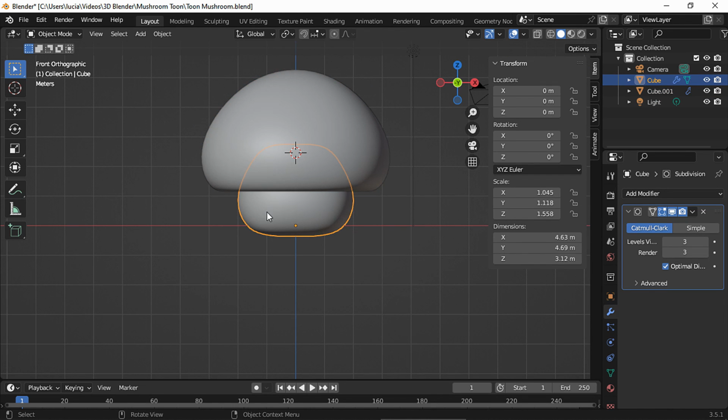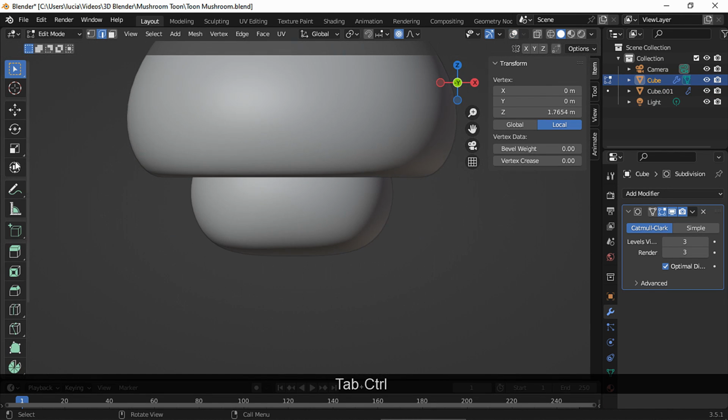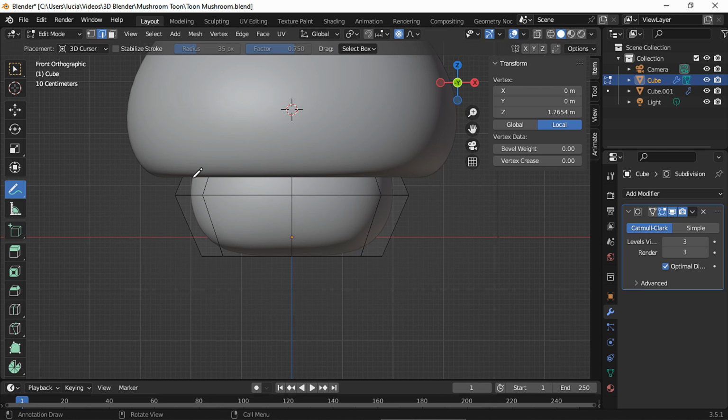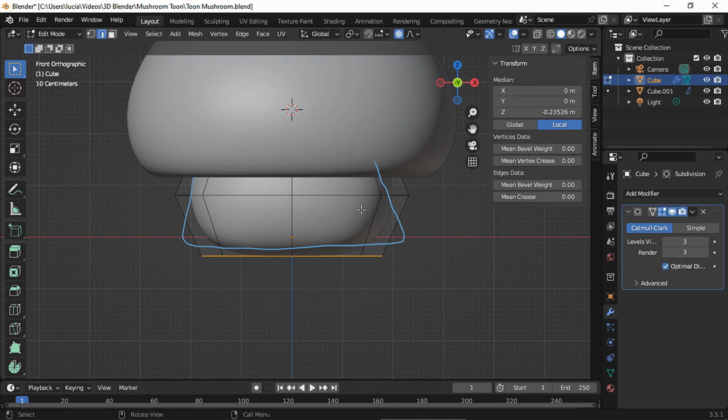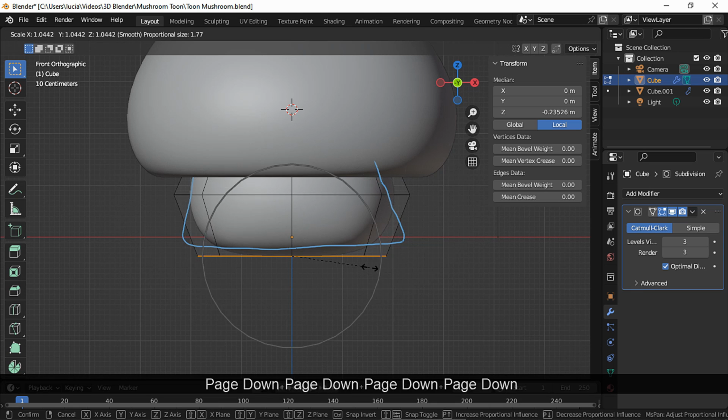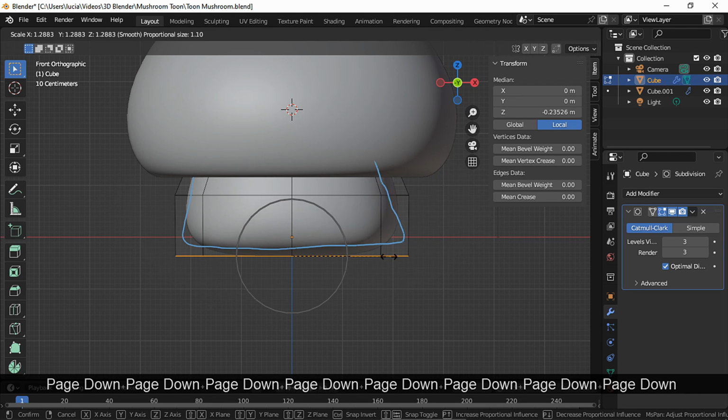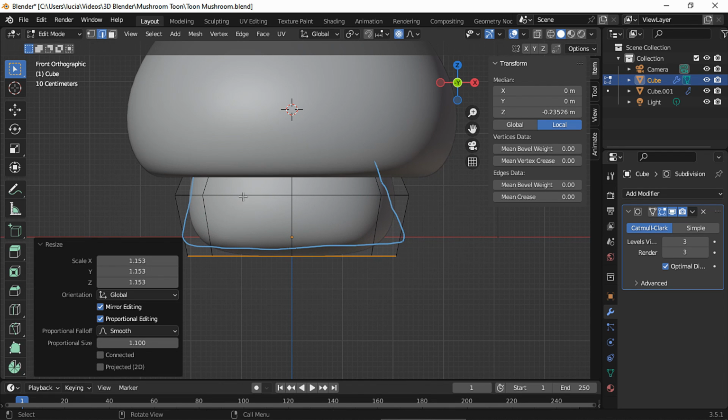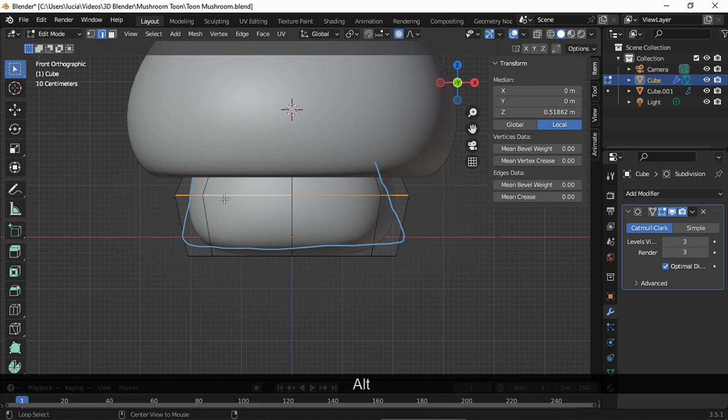You could leave the shape as it is and skip to the next chapter, but I'm gonna make some minor changes. Using the annotation tool, I'm gonna draw a shape to use as a reference. Let's select the bottom faces and scale a bit. And now scale this middle edge loop.